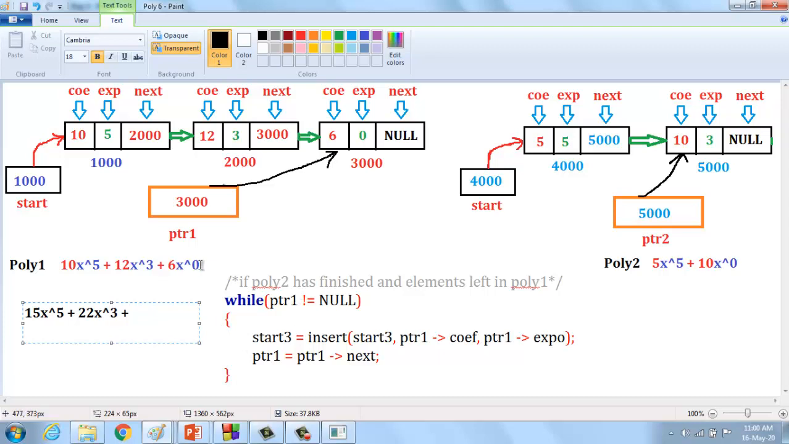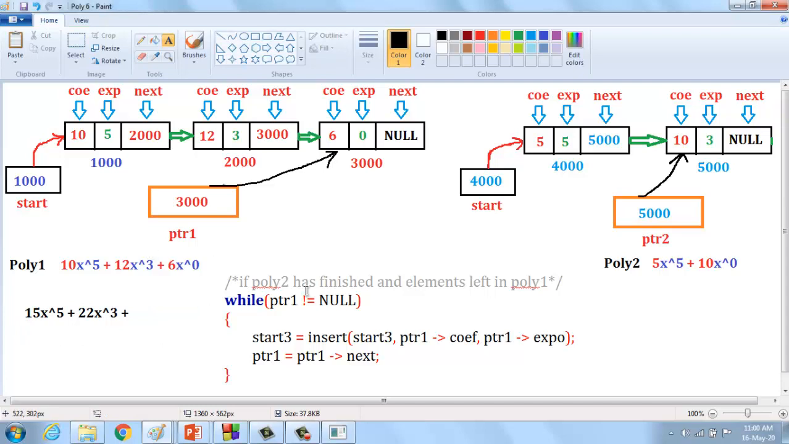Plus ptr1 pointing to 3000. Okay, 3000 not equal to null. Condition true or false? Condition true means we should enter inside the loop, that is ptr1 is 3000, not equal to null. In that case the condition is satisfied, so enter inside the loop: insert start3 is a pointer, insert is a function, ptr1